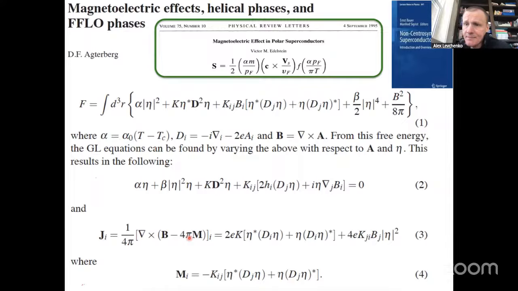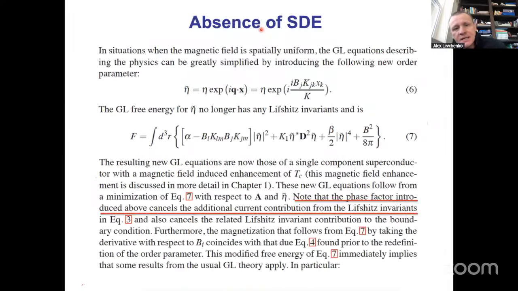So this is a manifestation of the magnetoelectric effect in the superconducting state. This effect itself was also predicted by Edelstein about the same year. All right, so with this equation, then Daniel makes an observation, and he says, well, you see, if we take